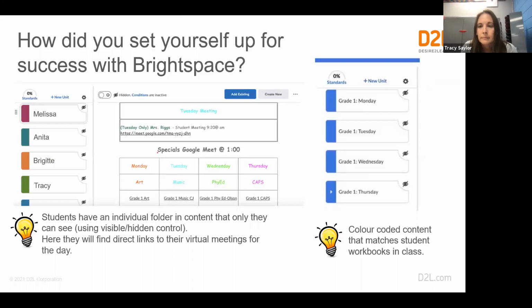Okay, so setting yourself up with Brightspace, I'm sure especially with grade 1s and 2s, can be challenging. Is there anything that you've done to really set yourself up and make sure that Brightspace in your classroom is going to be successful, especially with the early learners? Yeah, definitely. The more explicit you can be when they're younger, the better off, because they need to know every little step. So a couple of the things that we did to front load before the school year began was